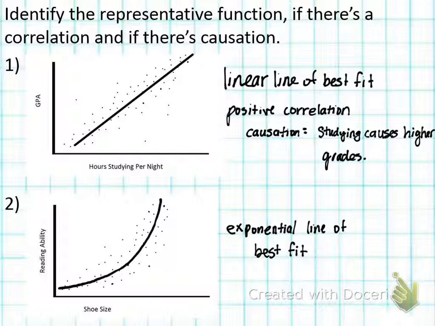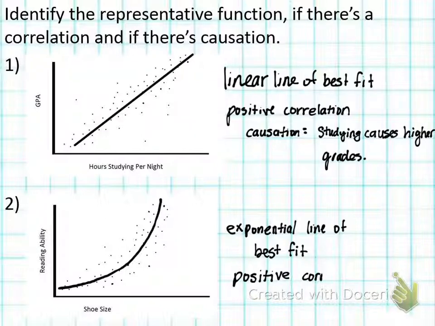Okay, looking at this next one. Shoe size and reading ability. Is there a correlation between shoe size and reading ability? Are they correlated? No. Does a little kid have a little bit of reading ability, and a big adult have a higher reading ability? So I would say there is a correlation. There is a positive correlation also, because the bigger your shoe size, the bigger your reading ability, right? That's really real. Yeah, think about it.